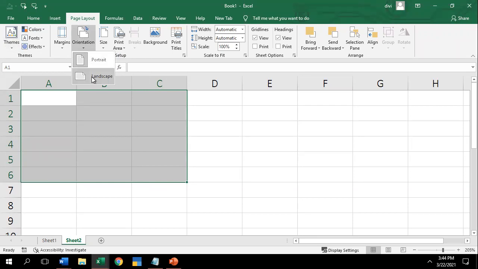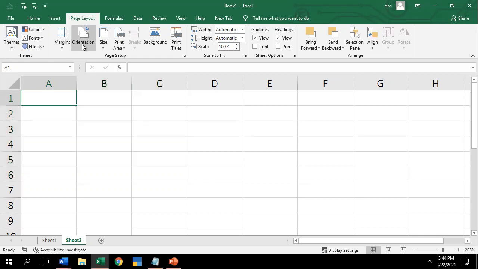And we know that our Excel will be printed in portrait orientation. If you want landscape, it means my data itself has a huge amount of data vertically and horizontally. So if you want it printed horizontally, you have to select landscape. If you want to select vertical, you can select portrait.